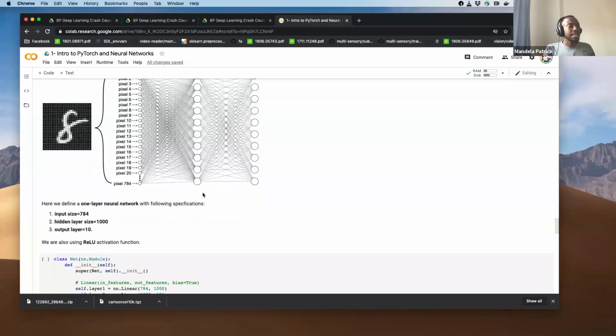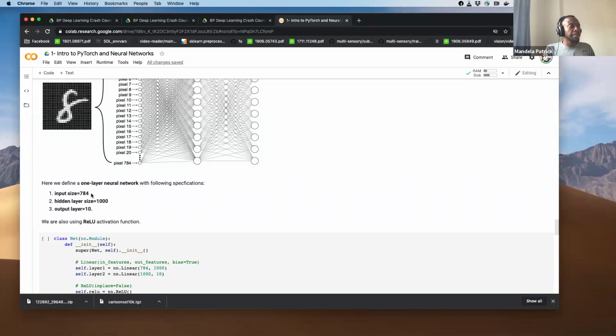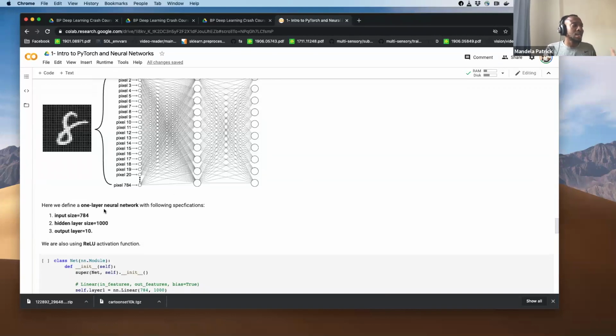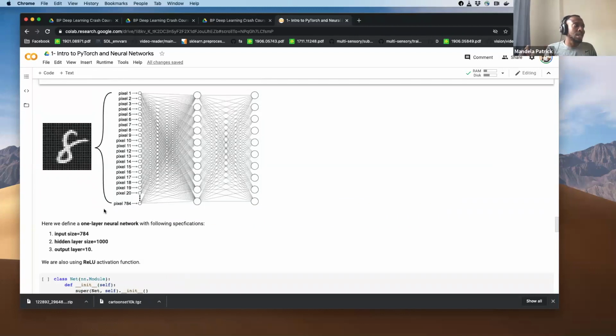Here, input size equals 784, which is 28 by 28. We define a hidden layer size of 1,000. And then you define an output layer equal to the number of outputs that we want. In this case, we want a probability per output: whether this is a 0, 1, 2, 3, 4, 5, 6, 7, 8, or 9.